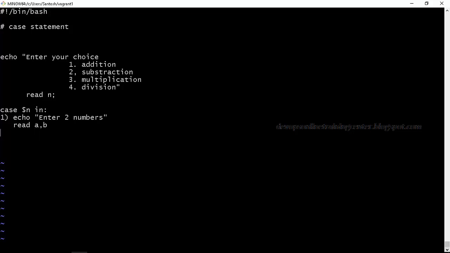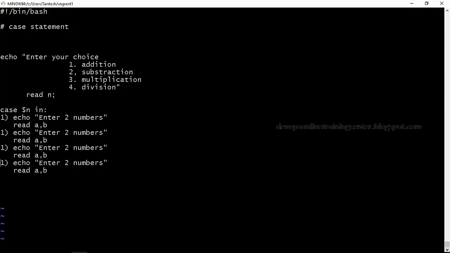So then let us say he enters subtraction. So based on the input he enters, we'll perform the operation.